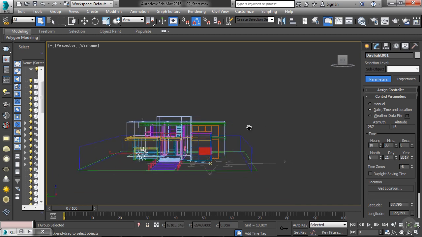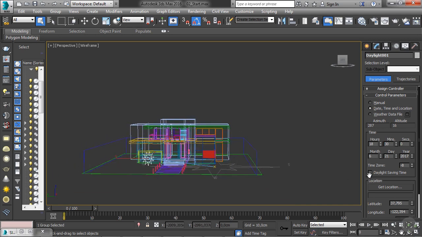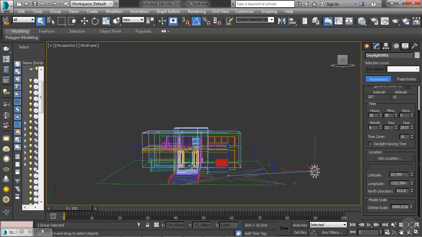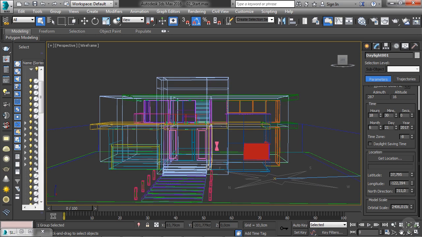And I don't like the way the sun is placed, so I'm going to switch the north direction so that it is more at an angle. There you go. And right now we should be able to start test rendering, but we don't have our GI